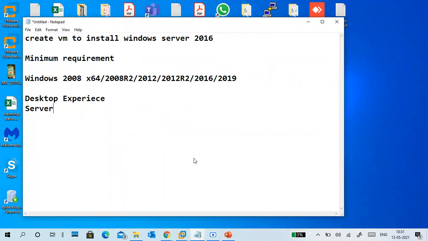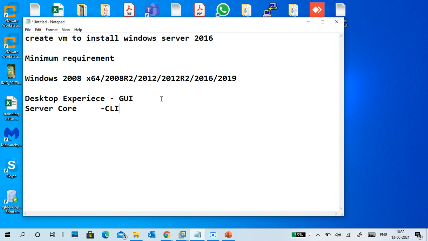And the next one is server core. Both were introduced. Desktop experience means it is a GUI type, graphical user interface type. Server core is purely CLI type. Like your Linux, you have a GUI window and a CLI window, same thing. So desktop experience means GUI, where graphically you can see the screen and everything.